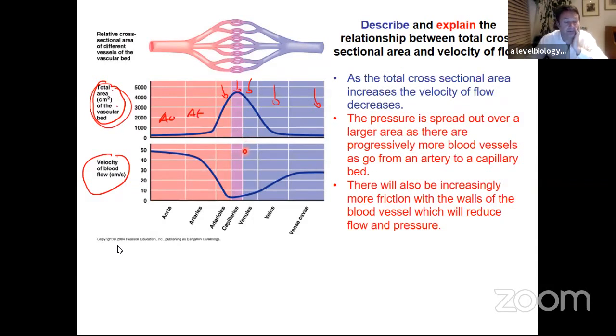Now, then, when you leave the capillaries and go to venules and then veins, the velocity of the blood increases even though it's at a very low pressure. And the reason for that is that you've got really big tubes in the veins. So you've got a big lumen, so you've got relatively less friction